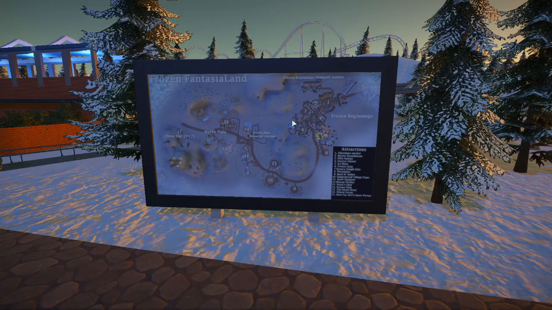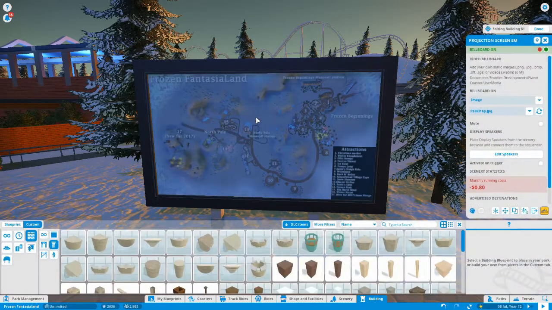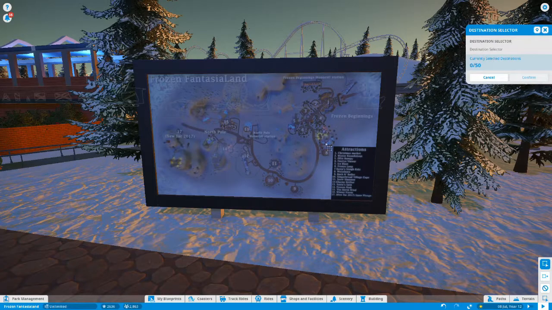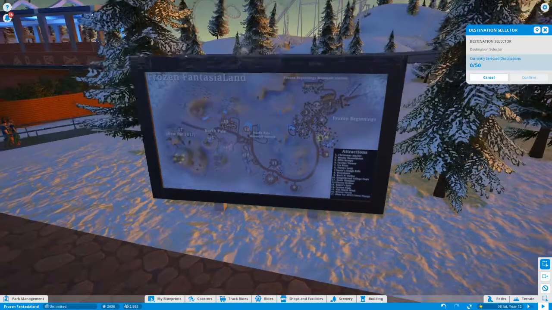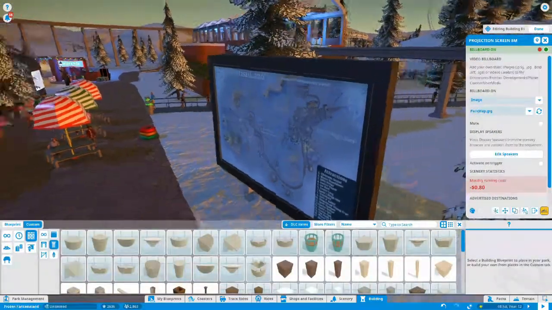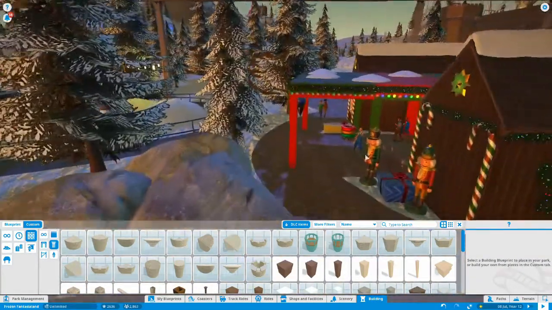And of course the other thing that you can do, if I bring back the controls, is click on this, go to edit building, and then click on this, and what you can do is set advertised destinations. So you can go and click on one of your rides or the monorail station and add it to the sign, so it'll point your visitors in that particular direction, which I think is very cool as well. Because I've also done it for, if I get rid of this now, and get rid of that,